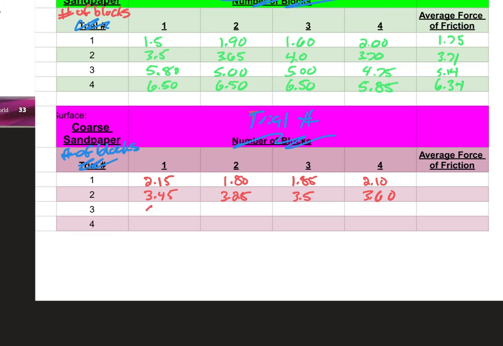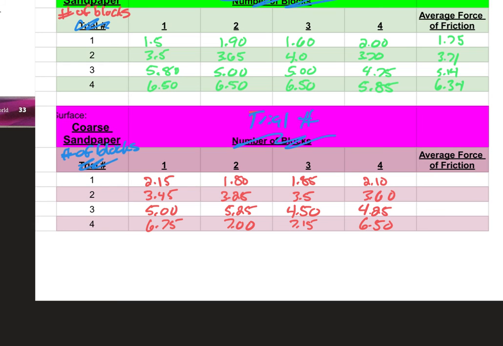Adding a third block, we got 5.00, 5.25, 4.50, and 4.25. Last trial, we got 6.75, 7.00, 7.15, and 6.50. All right, so again, we're going to take the average of these, add each of the trials